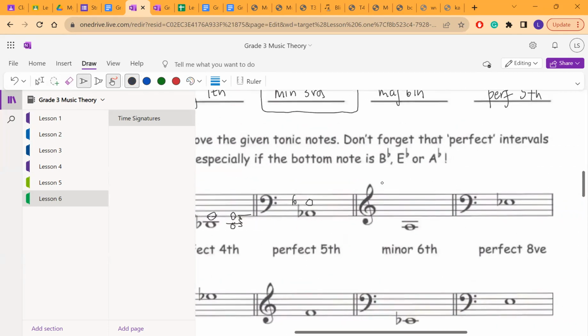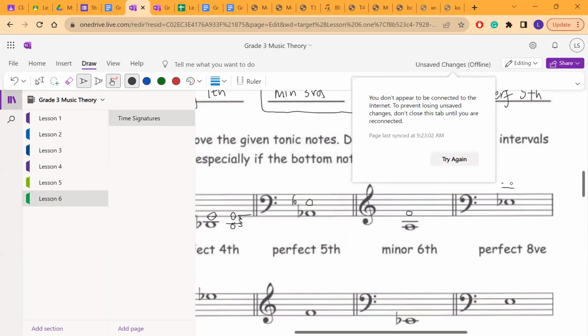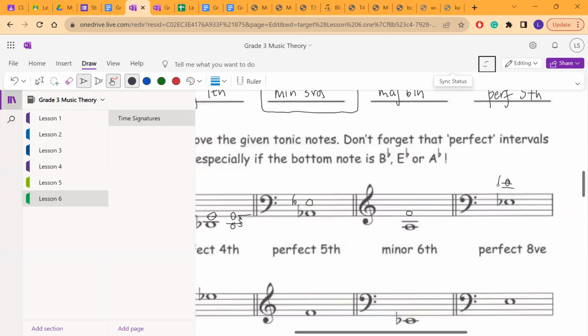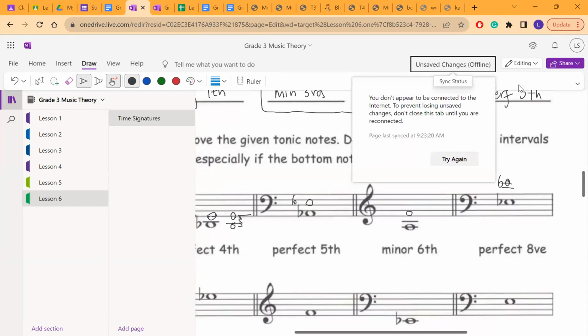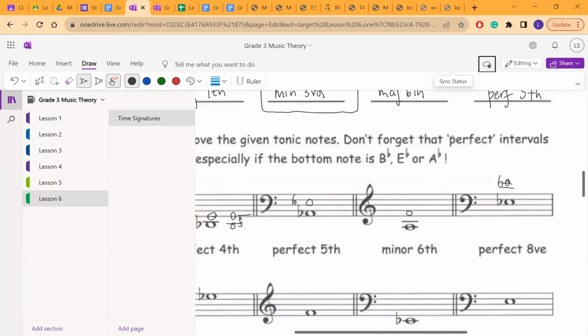Minor sixth is A to F, not A to F flat, because A to F flat is just A to E. So minor sixth is A to F, and a perfect octave is... okay. Next,